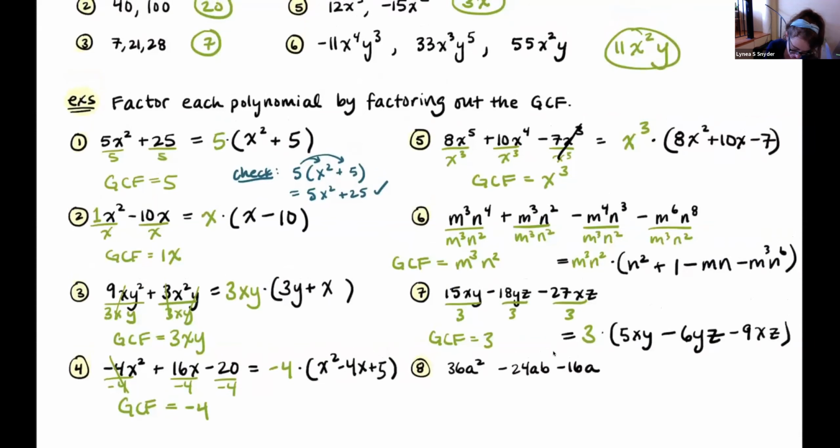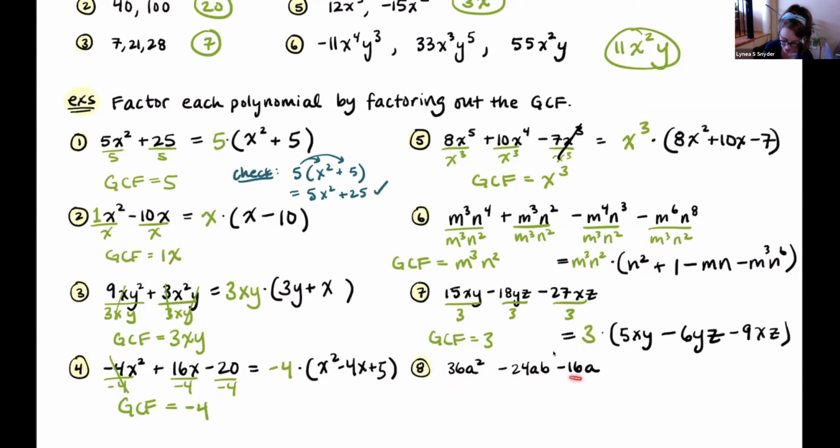Okay, last example here, we've got 36a squared minus 24a times b minus 16a. Okay, so let's look at the numbers. We've got 36, 24, and 16. All right, the smallest number here is 16. Let's just check, does that go into 24? No, because 2 16s would be 32. All right, so let's